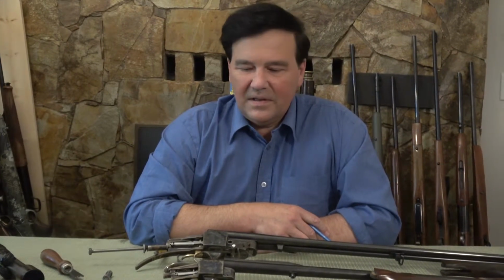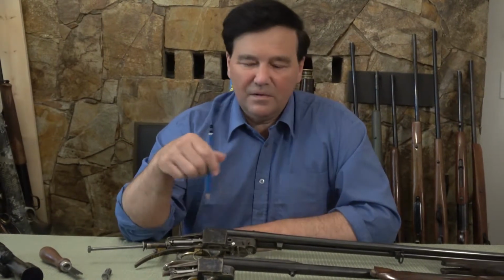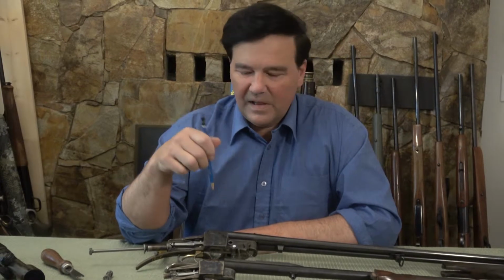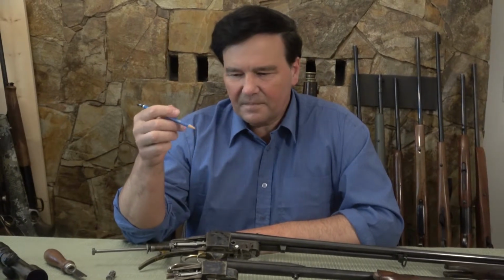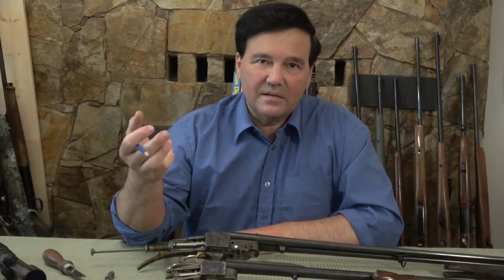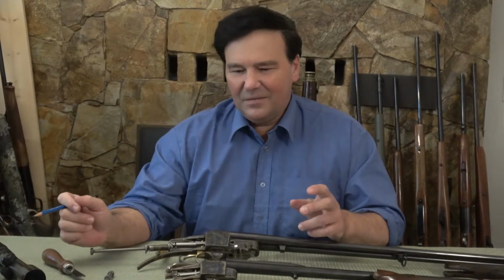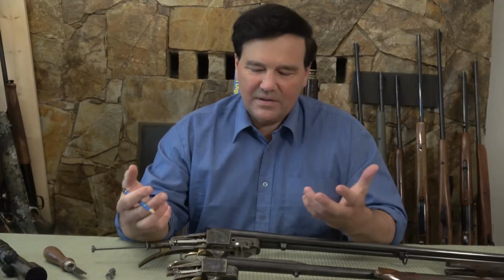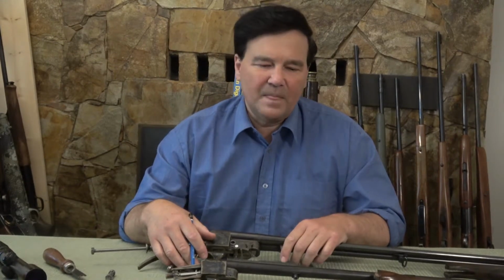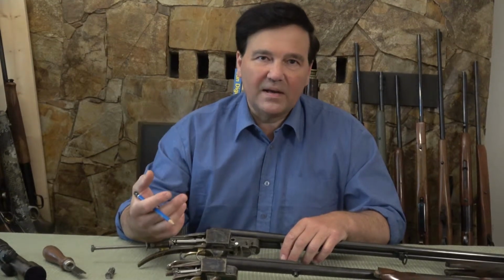So regarding the people that were asking me about the falling block system, I'll just make some general comments. As you know, I was involved in designing the falling block double. Real learning experience. I learned that I know even less than I thought I knew, and I didn't think I knew much in the first place. There's not much room in a falling block action, and you don't want to add too many hangers, you don't want to add steel, because then you defeat the purpose of the falling block, which is to have a compact,